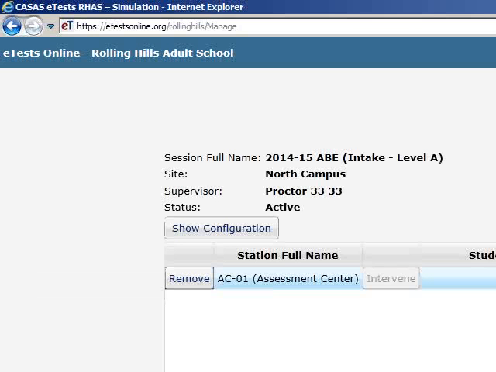Okay, and to answer your question, yes, the student does not have to return to the exact same computer for that suspended test. Now I only have one computer available to me for demonstration purposes, but you saw that previously he was on station 1. Even if I remove this